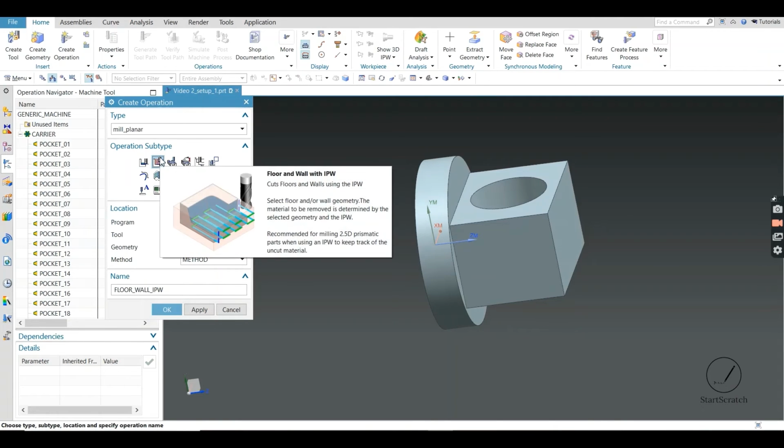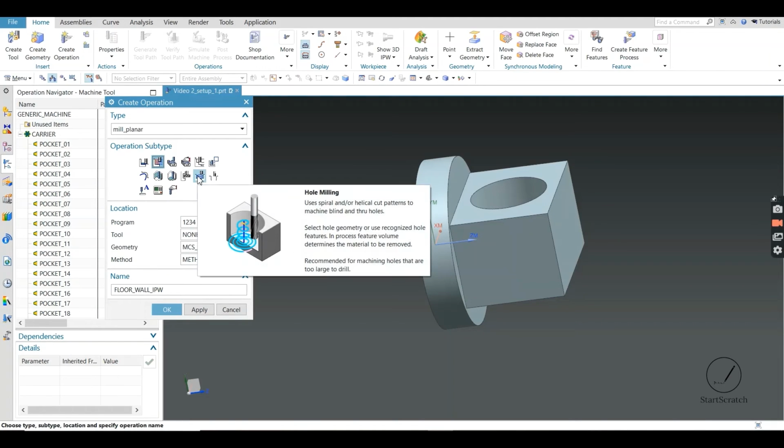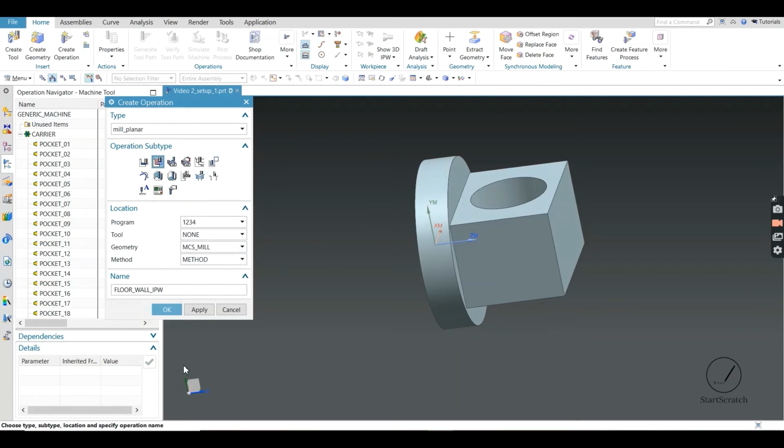So we would be going with floor and wall with IPW for facing operations, and for making holes we would be using the hole milling operations.